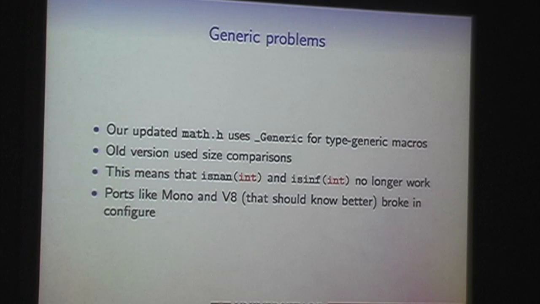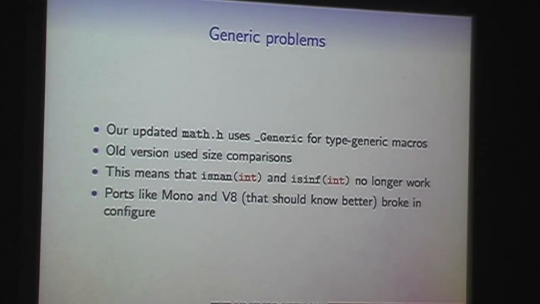Now that we have a C11 compiler in the base system, by the way, one of the things we started doing was actually using C11 features in the system headers, and Clang will allow you to accept C11 features as an extension even in C99 and C89 mode, so this is quite nice. And one of the things that C11 introduced was the _Generic qualifier, which is designed for use in macros, and it's basically a switch statement but which switches on not the value of the expression but its type. And this is particularly useful for all of these things like isnan and isinf and all the math.h and tgmath.h things that have to accept various different types.